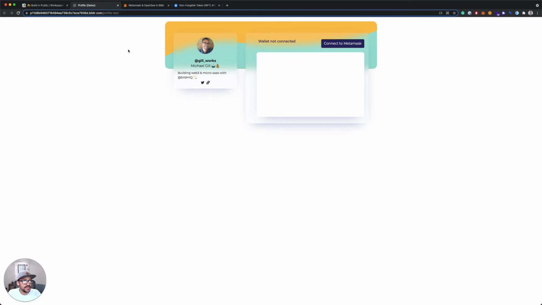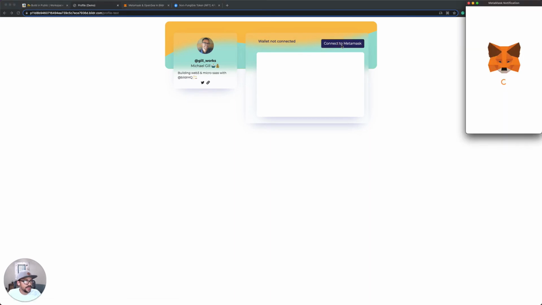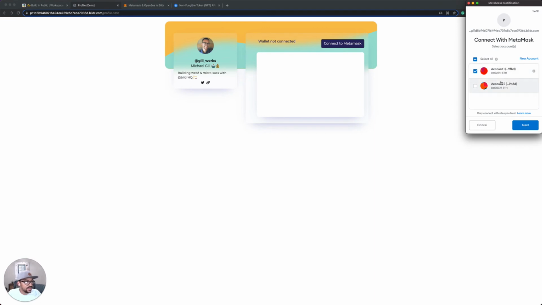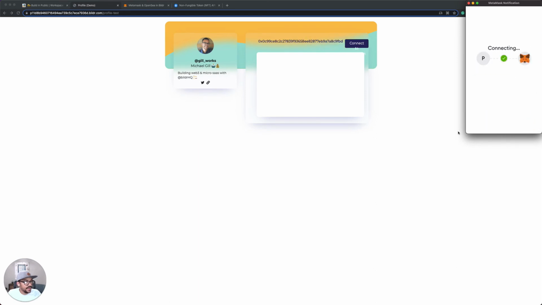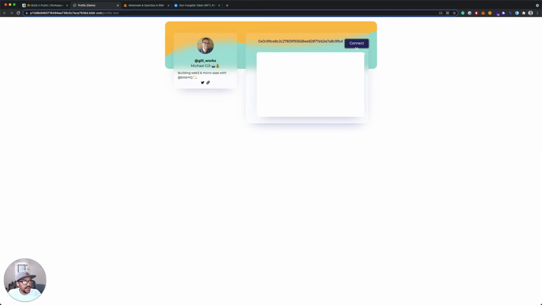On our test URL, I'm just going to refresh, and I'm going to hit connect, and you'll see it automatically pulls up Metamask and asks me which account I want to connect to if you have multiple accounts, and then hit connect, and we can see that our wallet address is now here, and our connect button obviously got squished out